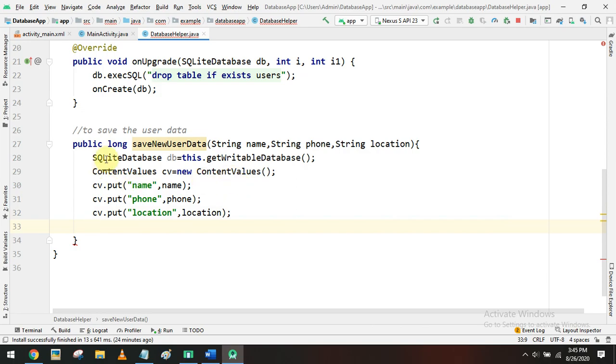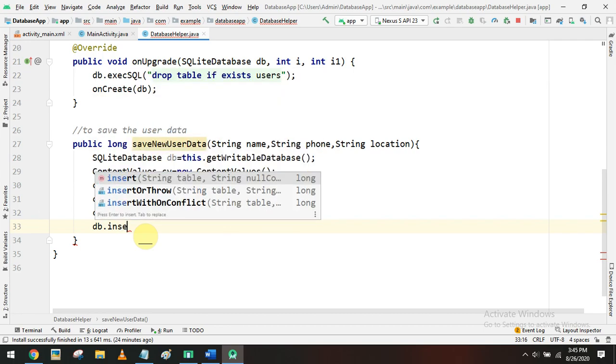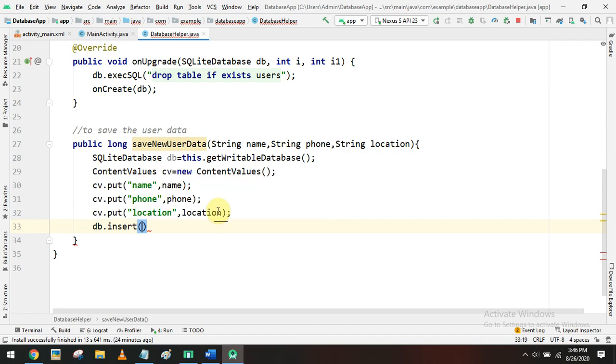So now the ContentValues is ready, and we can use this SQLite database object to store the data. We have to use db dot insert, where we have to pass the required parameters.